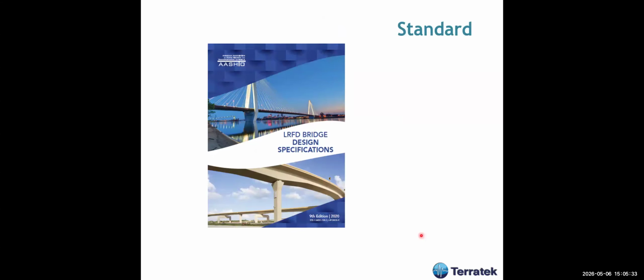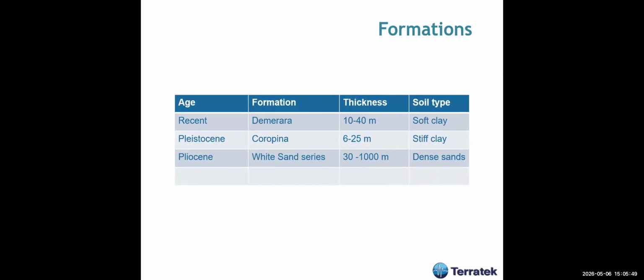For this bridge, the standard applicable to the design and construction was the AASHTO LRFD bridge design specs that we had to follow. And what kind of soils do we have there? The geology, no? We usually have in that area what they call the Demerara Formation, whose thickness is usually from